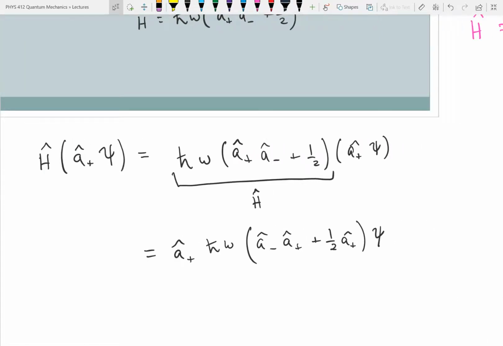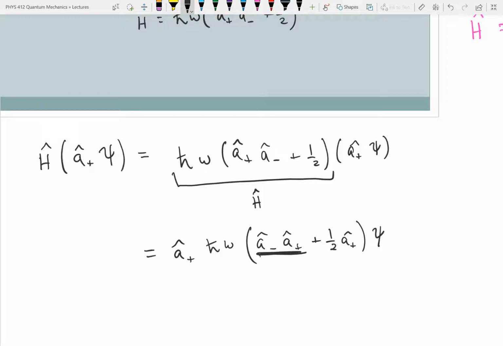And so here I've rearranged that relationship where I have the A plus operator, now I've put here, taken it away from the psi and put it with my operator. And